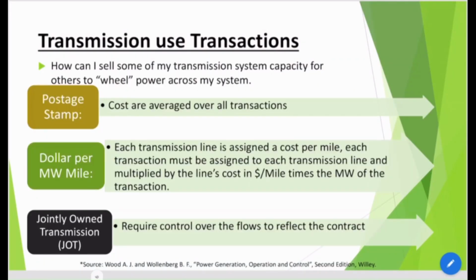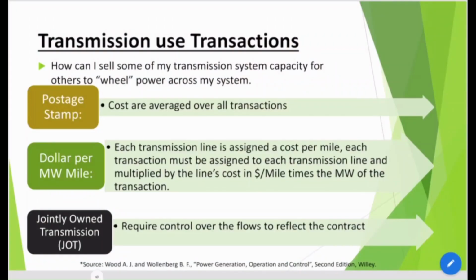Now when you talk about transmission use transactions, which is a very, very interesting topic, how can I sell some of my transmission system capacity for others to wheel power across my system? If I would like to get energy from my neighboring area, I need facility or capacity to carry out those transactions. Say the transmission corridors which carry energy from one location to another are already occupied to their maximum capacity, even if cheap energy is available to me in my neighboring area,